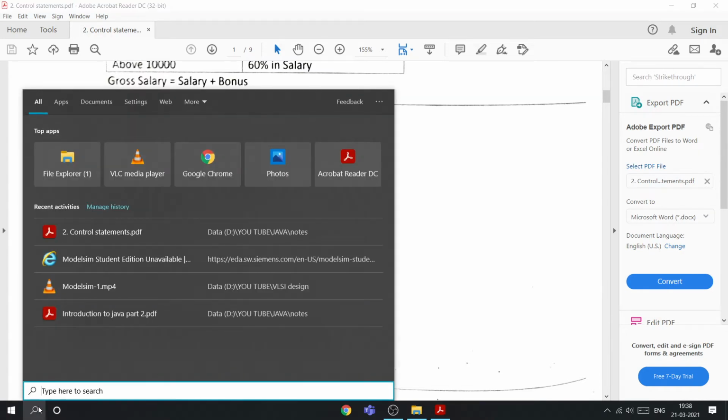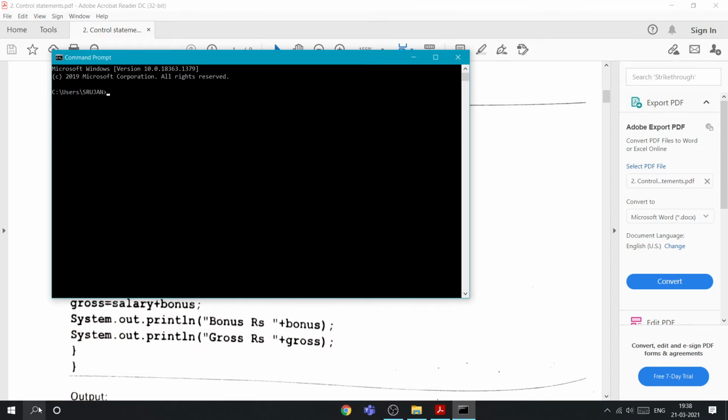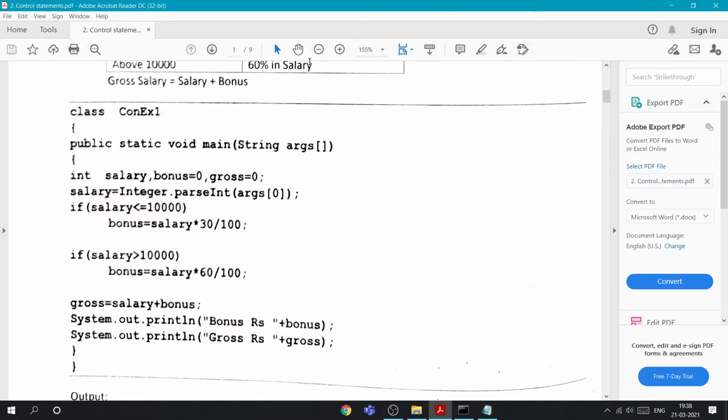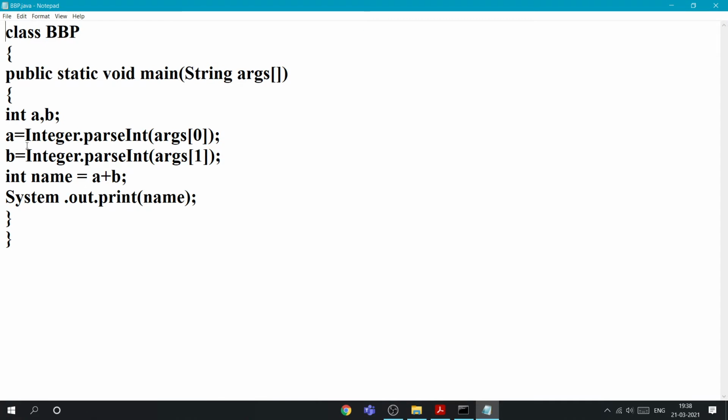So, command prompt, notebook, Java. It is already explained in the previous video how to give the command line arguments, the same way.